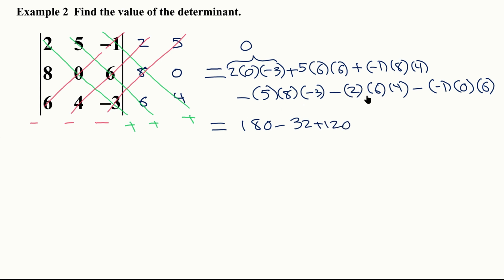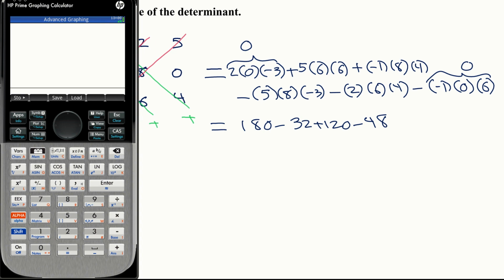Then we have minus 8 times 6, which is 48. And then this one, of course, is also just 0, right? So we don't need to write minus 0. Okay, and now we're just going to compute that, right? So we have 180 minus 32 plus 120 minus 48. And computing all that gives us